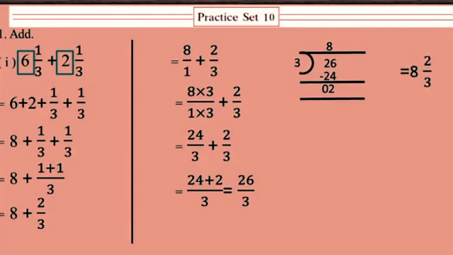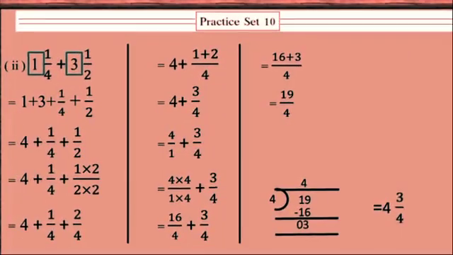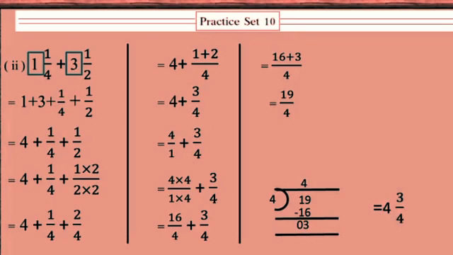So again 8 is a whole number. We'll convert it into denominator 3 because 2 upon 3 is there. So let us multiply by 3 with numerator and denominator. So 8 3s are 24, 1 3s are 3, plus 2 upon 3. So denominator will be as it is. 24 plus 2 is 26. Answer is 26 upon 3. Though the answer is in improper form, we'll convert it into mixed fraction. So students, the answer is 8 2 upon 3.